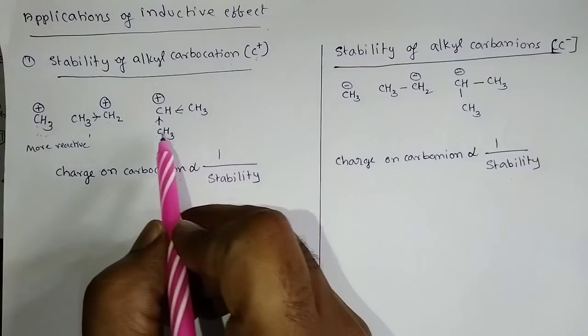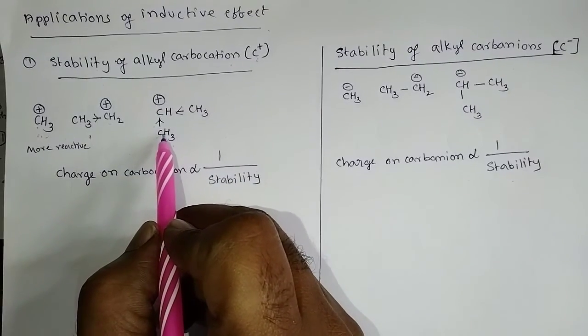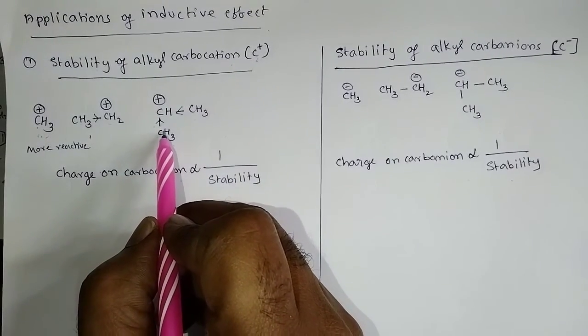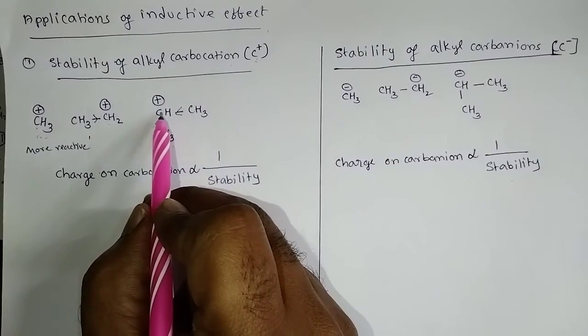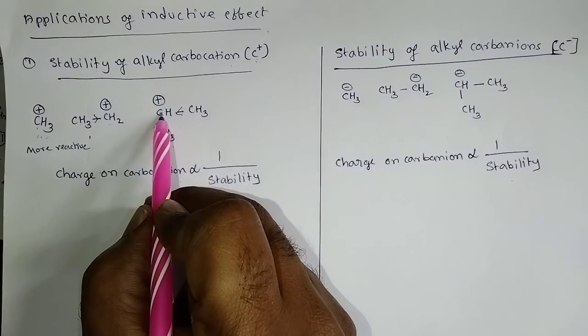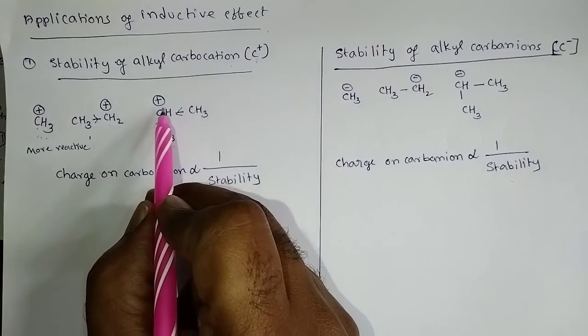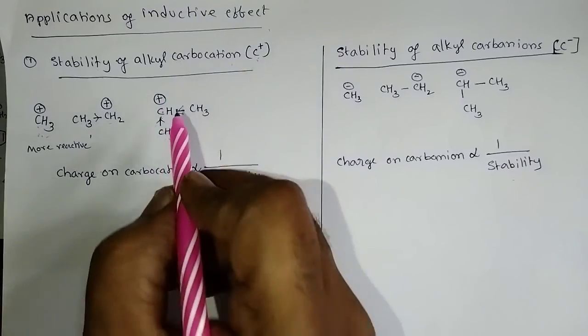Due to donation of electrons by the electron donating groups, this methyl group and this methyl group, the charge on this carbocation is less. Because the charge on this carbocation is less, this one is not